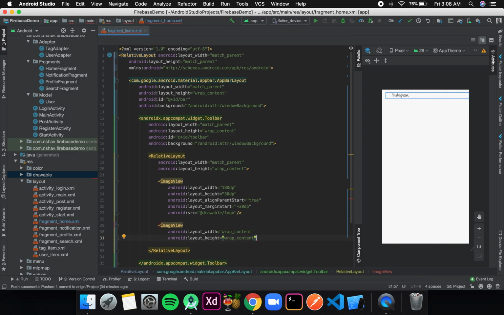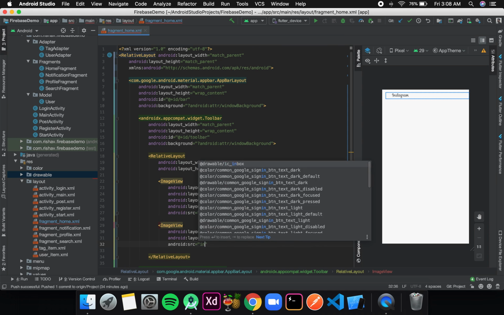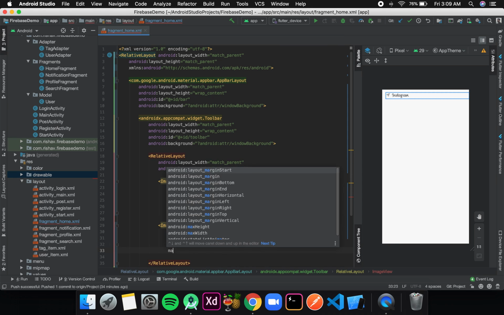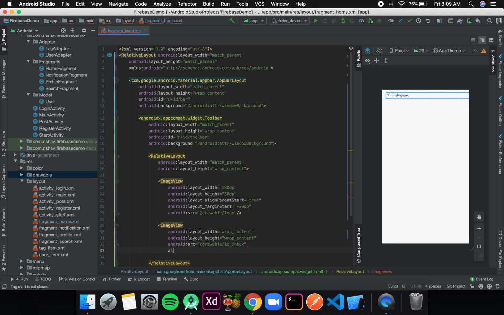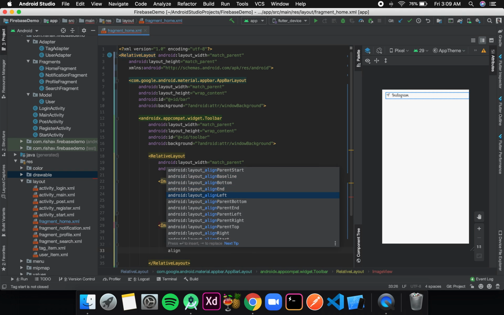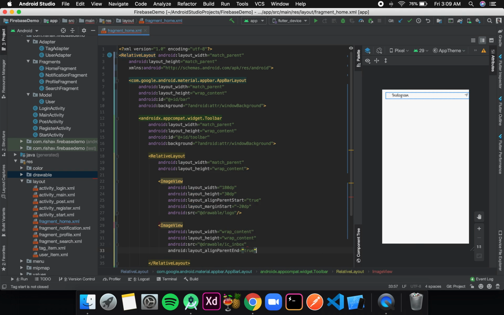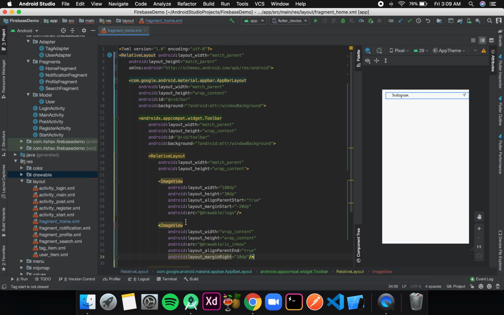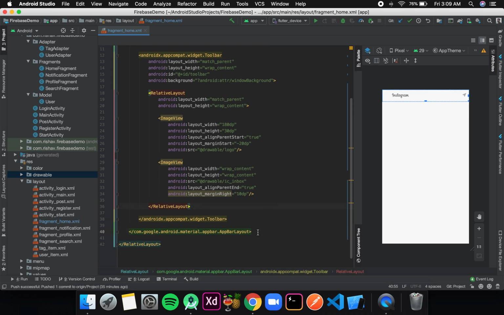Okay, and then over here I'll write src IC inbox. Okay, and then let's give it align parent end as true, and then margin from right say 10 dp. Okay, so then this is done. Okay, then we'll move out of our relative layout outside the app bar layout. Then we'll create a